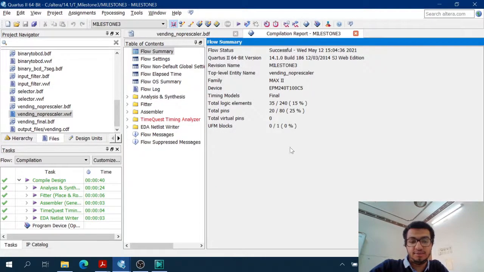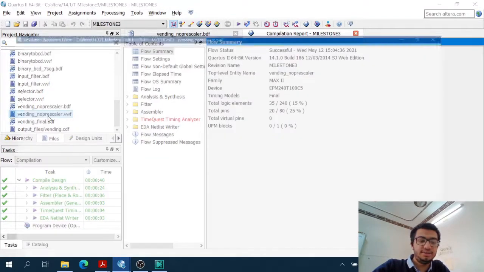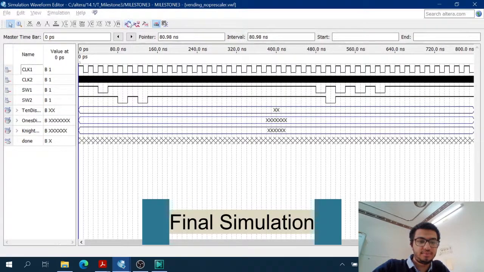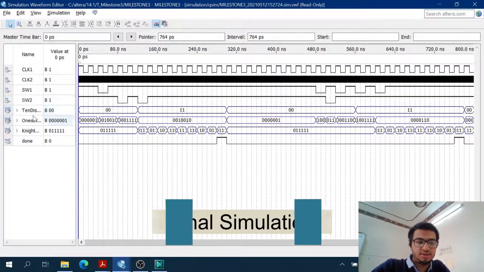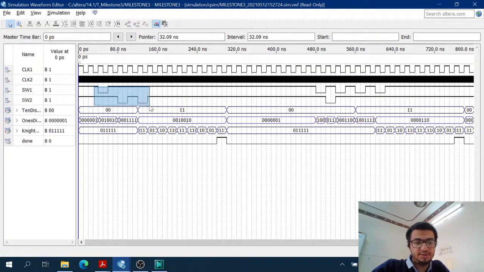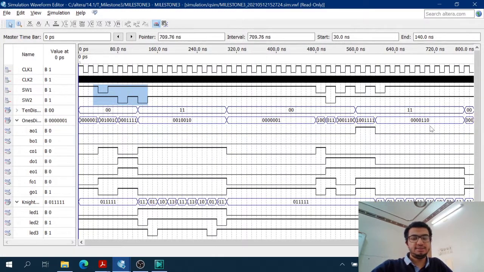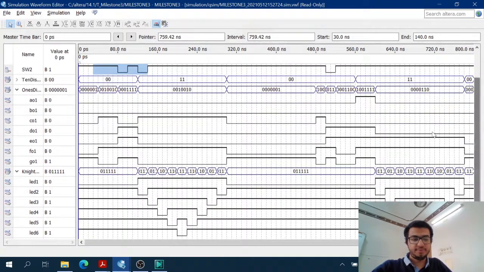And here is the compilation report, and here is the waveform. So here we have the user input going 2, 5, 5. These are added up here as displayed here. This is the 0, 2, this is the 257, and this is 12. And when the accumulator reaches more than 11, the Night Rider is activated,